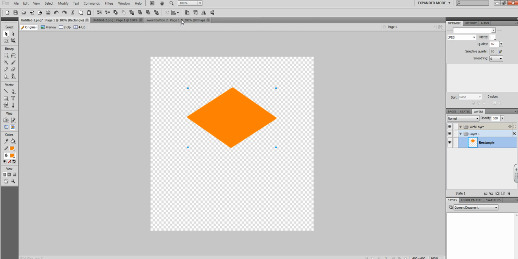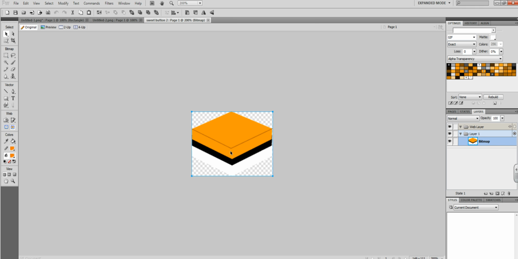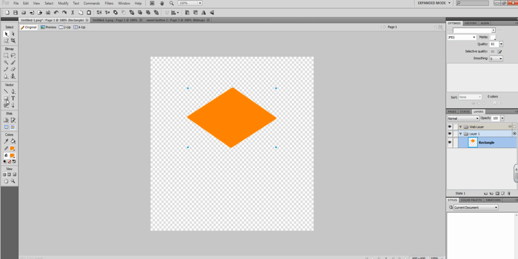The next bit is this section here. That again starts life as a square. So let's go back to my original one. Let's grab a rectangle again, still in the same colour. I could obviously change colours if I needed to over here. So the next tool I'm going to grab, making sure I'm on the right one, is